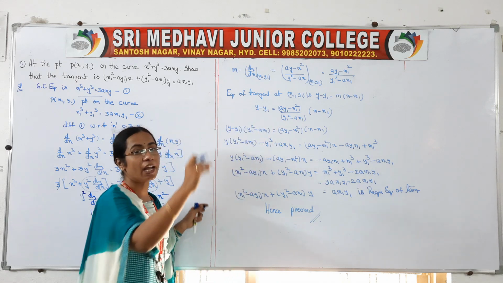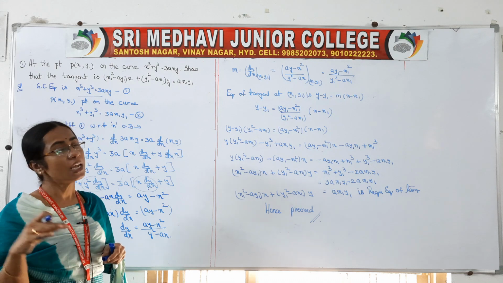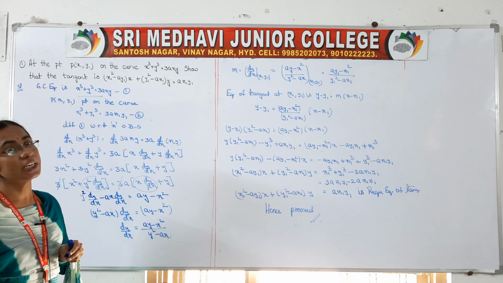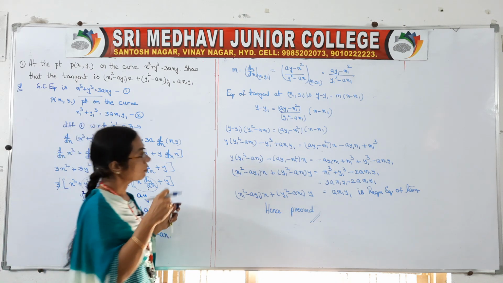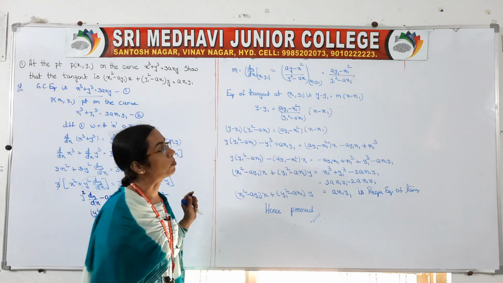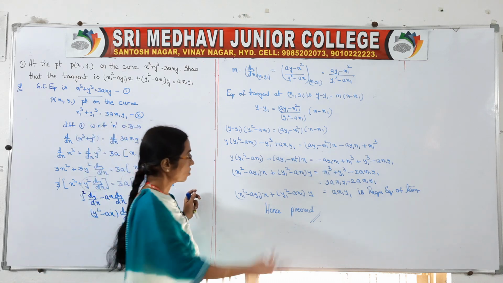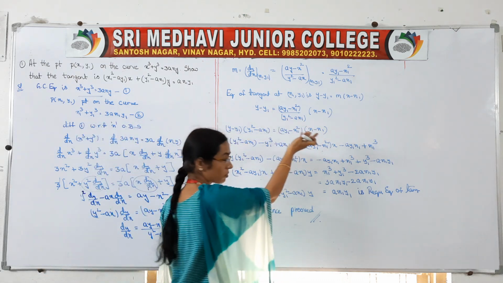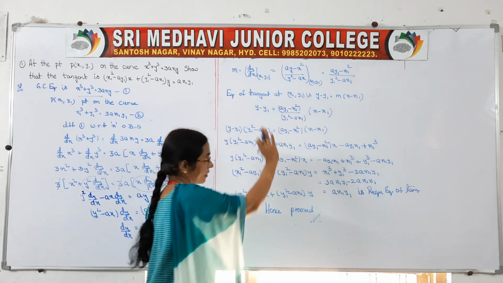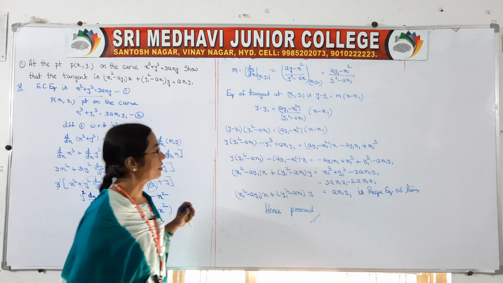Then you find your m, which is equal to dy by dx at x1 y1. Okay, so that is your m value. Once we have the m value, we can take the equation of the tangent. We need m and x1 y1, which is mentioned in the question, the point's coordinates are x1 y1. So the equation of the tangent formula is important, compulsory, then only will you get full marks: y minus y1 is equal to m into x minus x1. So substitute x1 y1, and this m value we derived. Here it is dividing, if you send it to that side it will multiply.